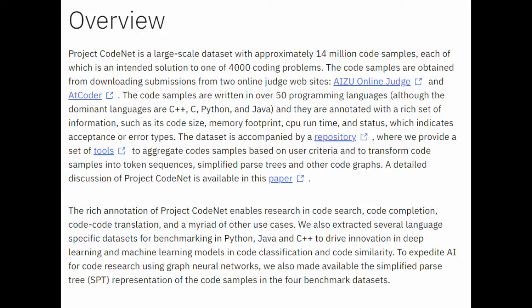Now the challenge is for that program to understand the context in which those lines were written, as the programmer was thinking something by reading those lines. The program has to be capable of thinking that same thing to rewrite that line of code in other languages. The dataset that is used to train this amazing model to develop this project is composed of 14 million code samples with billions of lines of code written in 50 different programming languages.